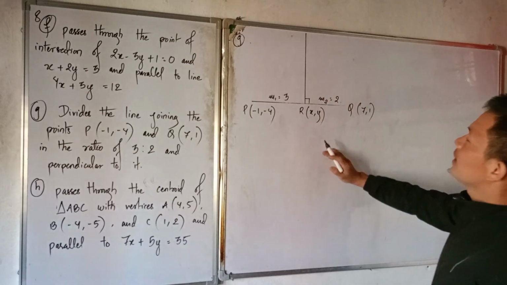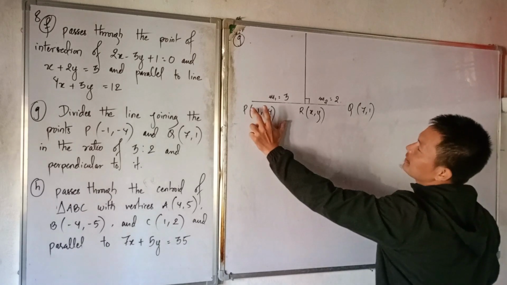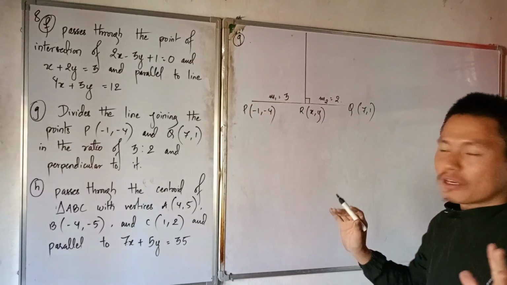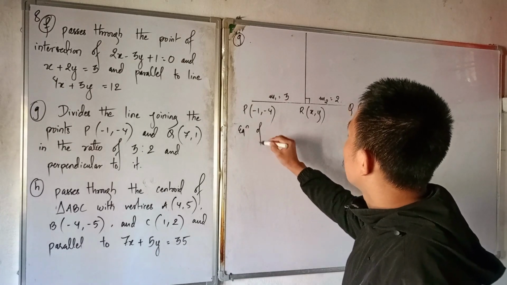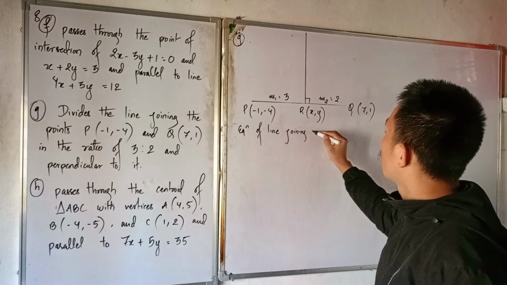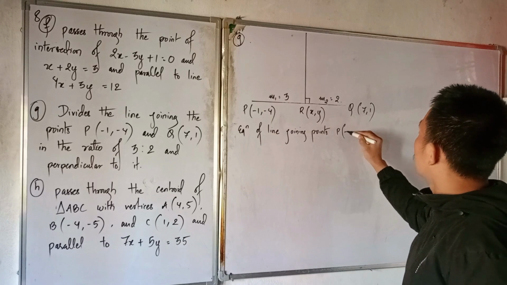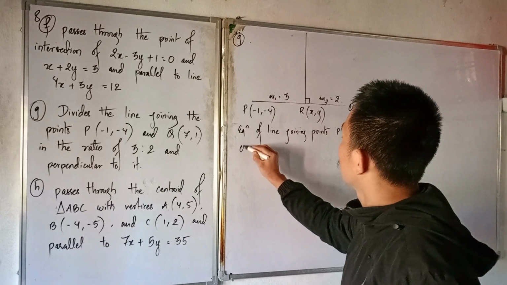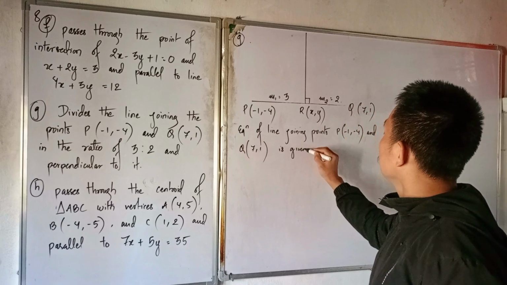Try to understand. Now look here. In this case, how do you find the equation of line PQ? First, find the equation of the line joining the points P (minus 1, minus 4) and Q (7, 1), which is given by